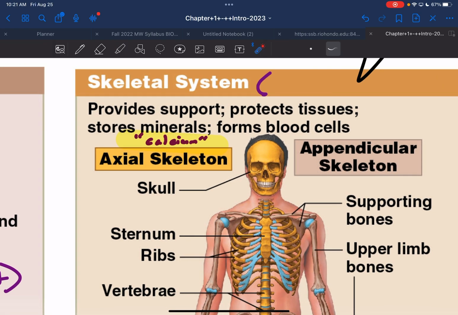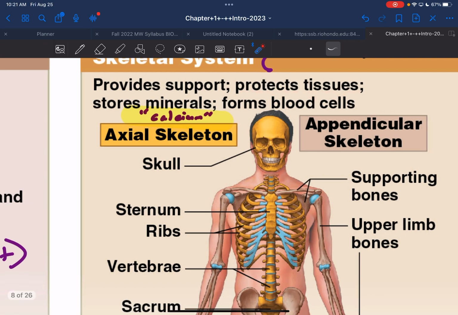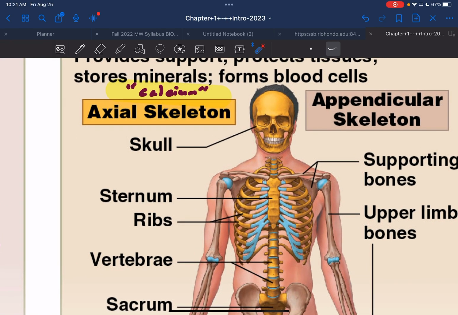Because if we look at our definition, it provides support. That's pretty easy to understand, right? If we look at the skeleton, without it, we would melt like Jell-O. Like when people don't have it, they just sort of melt. And so it keeps us up, protects our inner organs, protects tissues. Here, if we look at our thoracic cage, which is just a fancy word for rib cage,